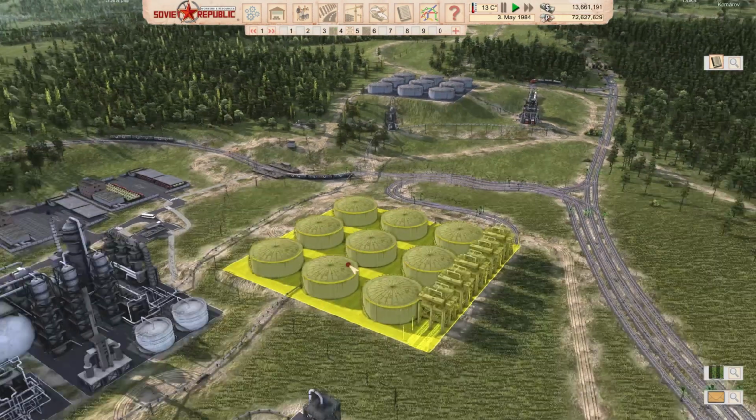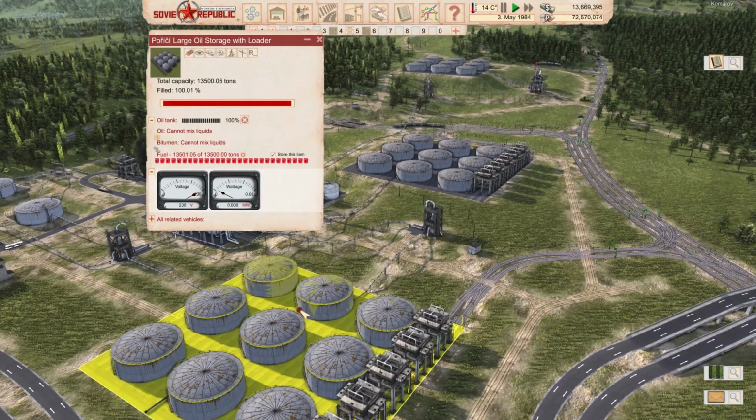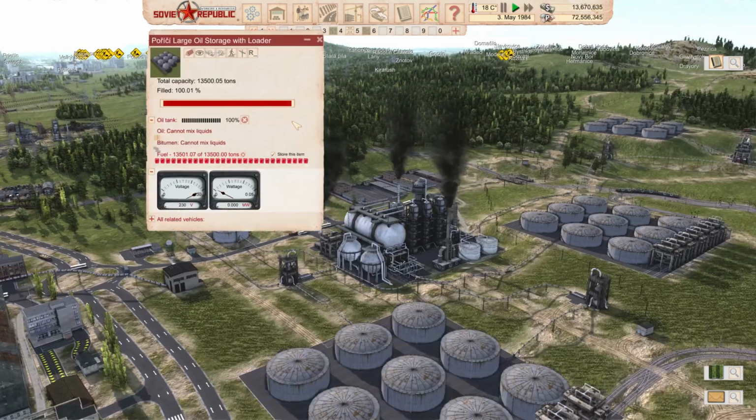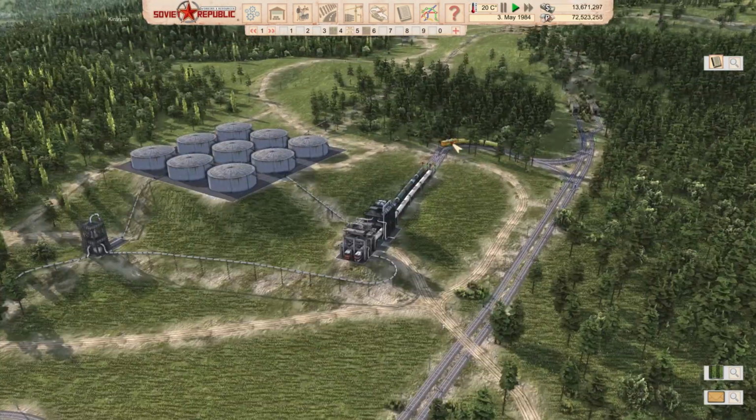Okay, that's a problem. Bitumen almost full. I bet fuel is full. Fuel is full. Okay, so this is a little bit of a problem. Let me do a little bit of fixing here. 1, 2, there we go. That's gonna speed things up, but as you can see, we are getting...